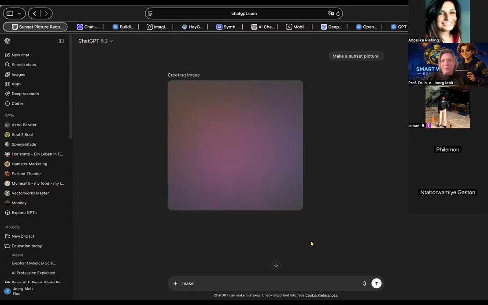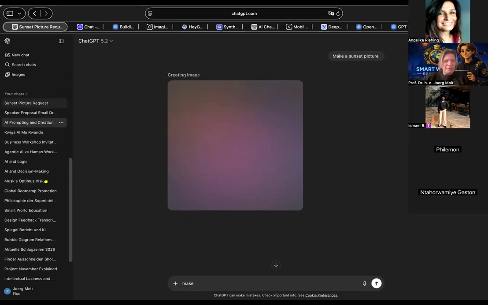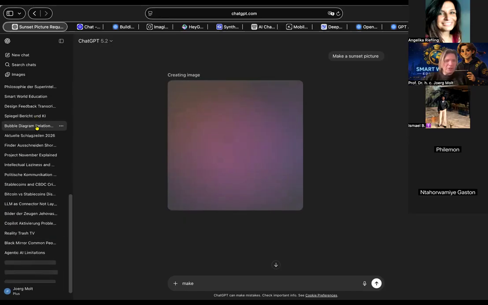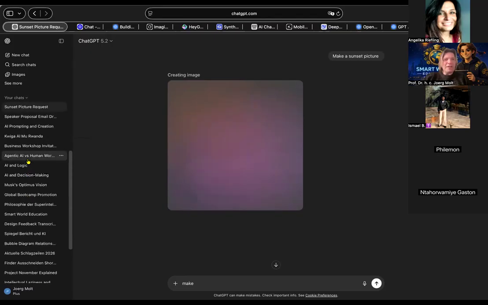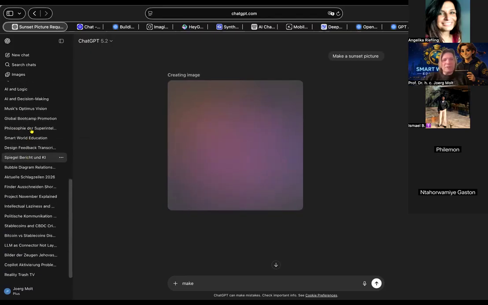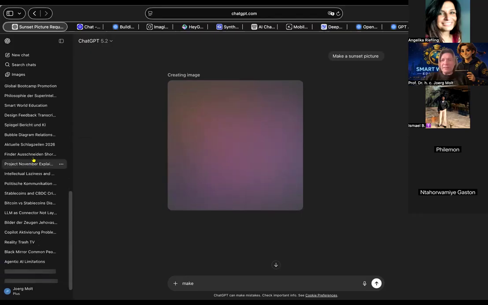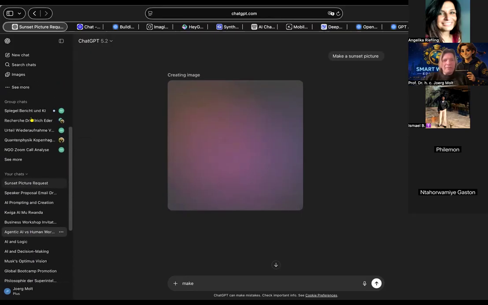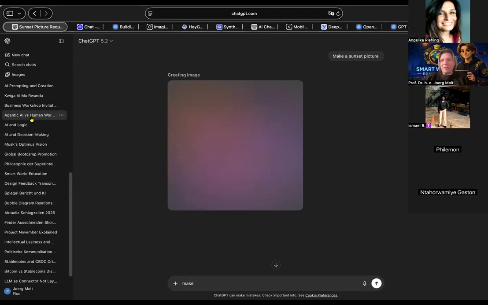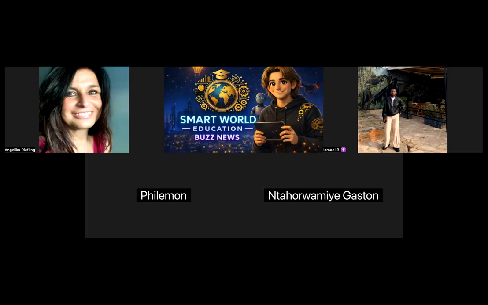You need to copy that instruction and paste it in the new chat because new chats always forget what the other chat is saying. So here you see I have a list of thousands of chats, and no chat is depending on the other chat. So it's all independent, it's individual. But if I want to make a chat continue with what I had before, I have to do the